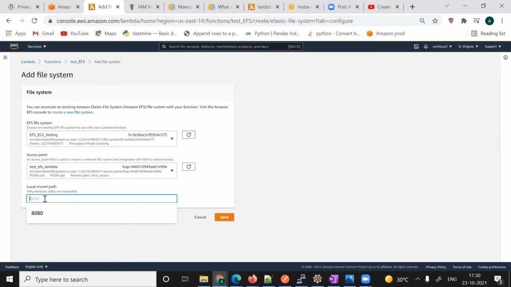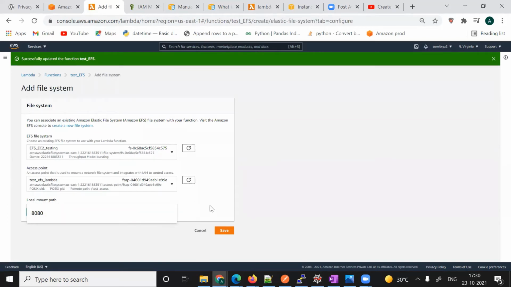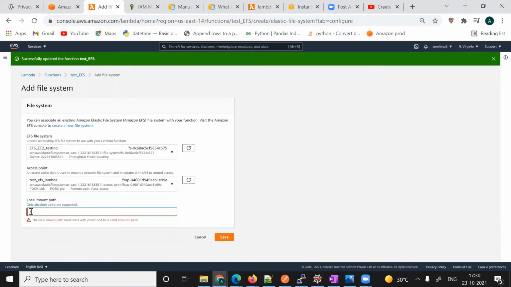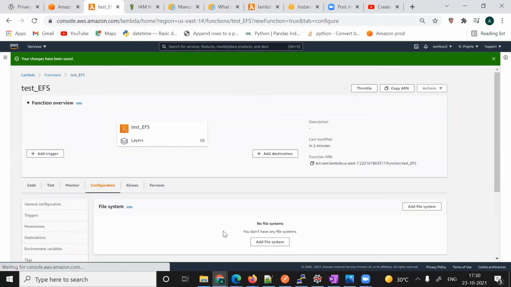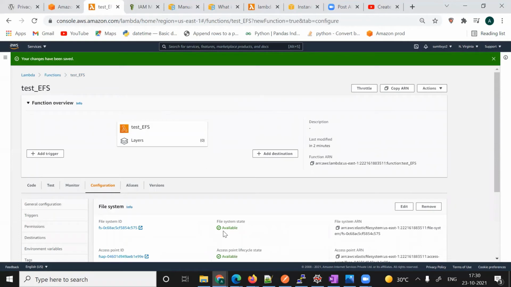This is configurable, which means you have to manually give /mnt, and you can give any name. Let me give testing access or test access, anything. Okay, and save it.